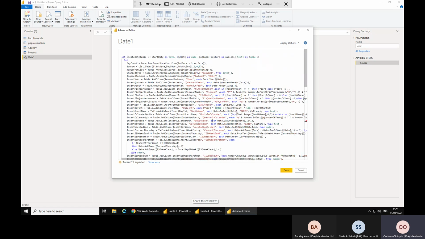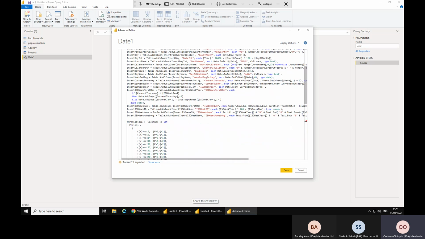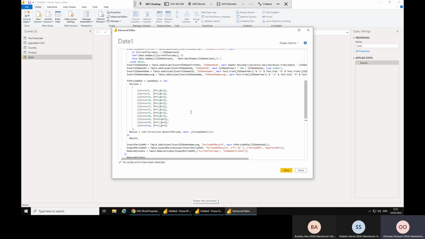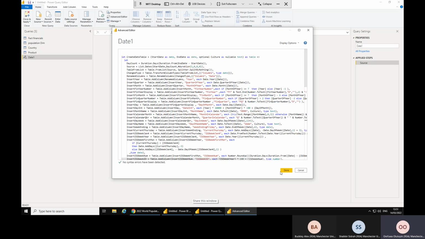This code, I've actually added it to the accompanying document to this session. It's saying that this line is not required. Okay. So the code, the syntax is right. So if I click Done,